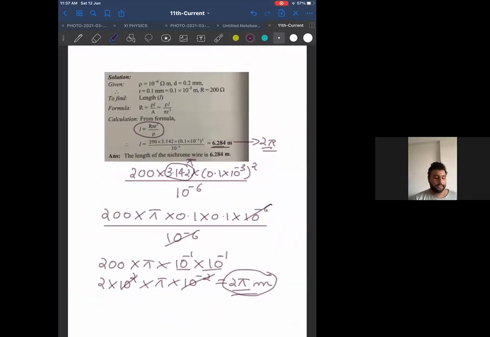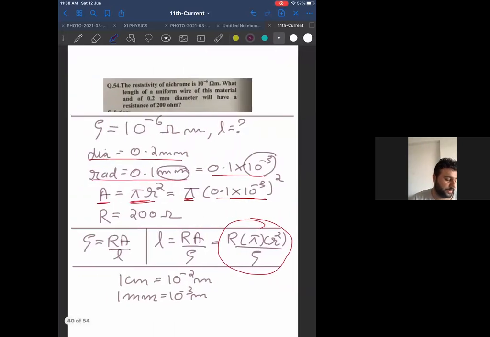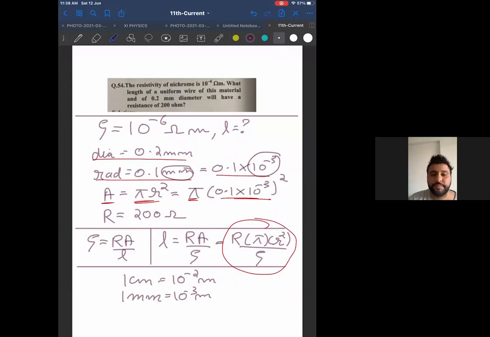Now this is the answer. If you have understood, let me know. If you have not, tell me. I will explain the substitution again. But I want all of you, forget the numbers. I want all of you to know, if diameter is given, how do you get the area from that? And why do you need the area? Because from diameter, I can get radius. From radius, I can get area. You should know that link. How did it come? That I have shown you over here. How did we get that link?